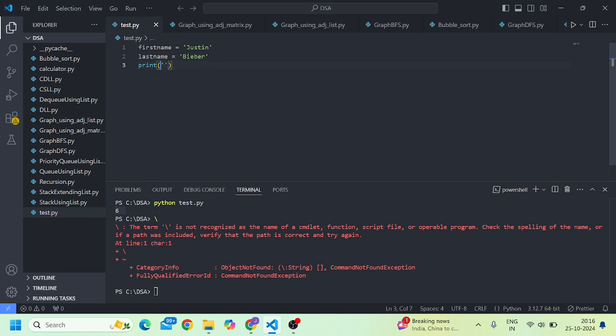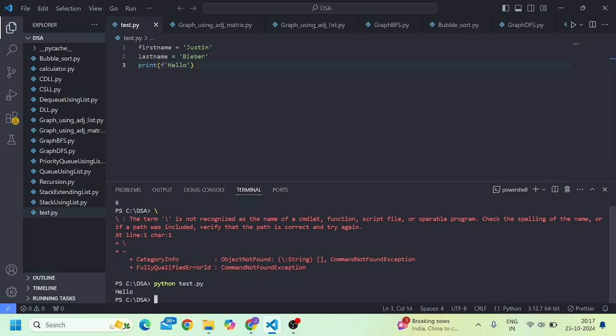You can use a quotation mark. You can create an f string like any other string. You just have to add the f, small f, before the string. So this denotes an f string. Now whatever you write directly inside the quotation mark, suppose I write hello, it will be treated as a normal string. See, it's printing hello,